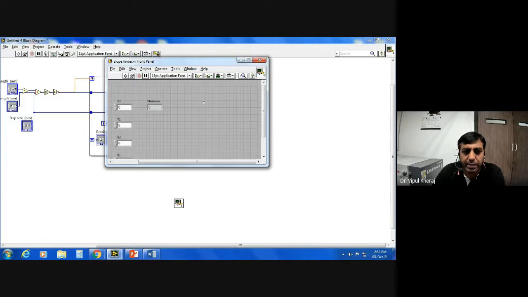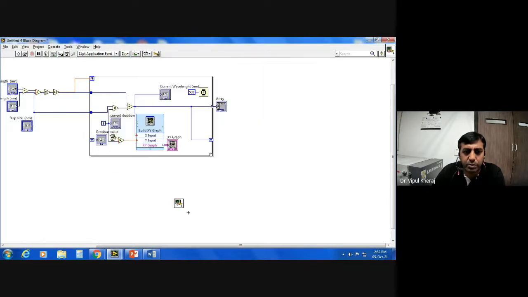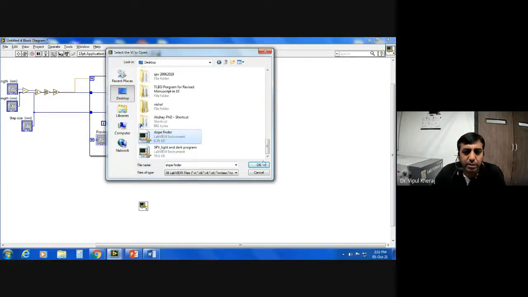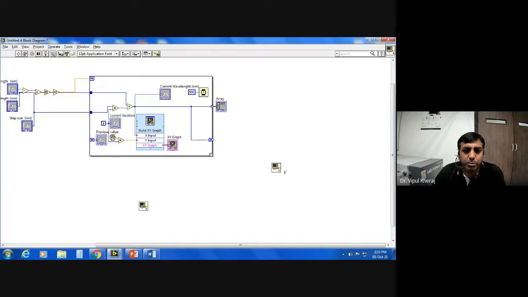In this we did not write slope here, otherwise this would have been labeled as slope also. So this VI can be used anywhere in any program, simply by Select a VI and picking the path, right? And that's it. It has all the inputs and the output which are already there in the original program, and I can connect it to whatever I want in that program. So this is like a sub VI or a subroutine which can be called in any other program, right?